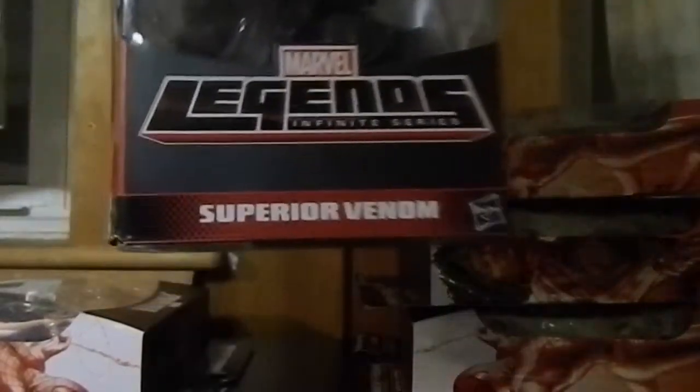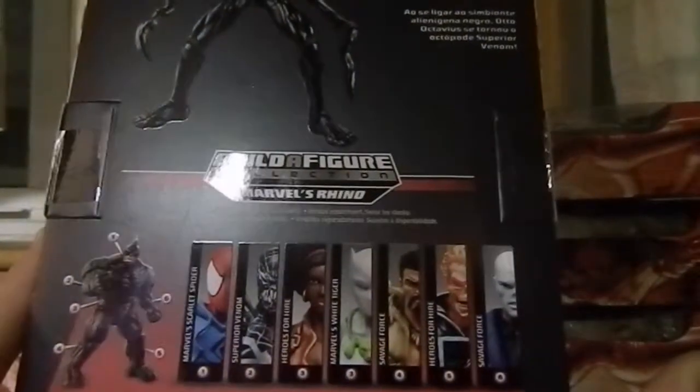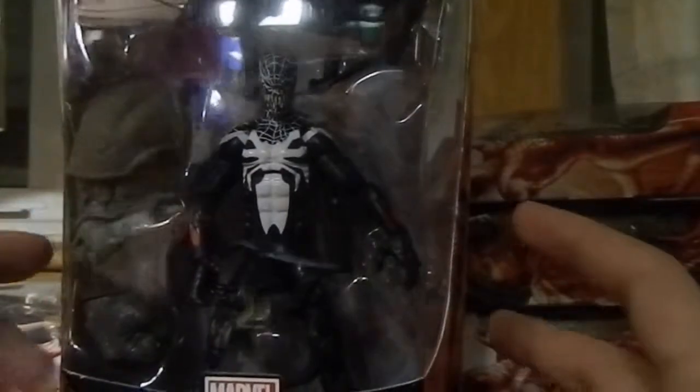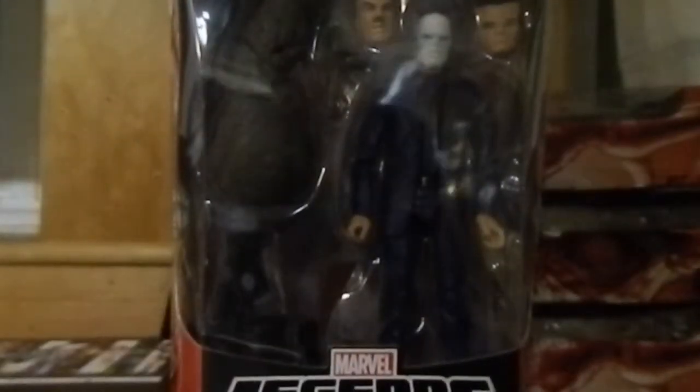Of course, we have Superior Venom. Don't know much about this Venom. All I know is it's Octavius with the Venom symbiote. And, I mean, who hasn't worn the Venom symbiote at this point? I mostly got it for the yarn, but it is a cool Venom figure. I think my favorite Venom is Eddie Brock, and then, ooh, snap, Agent Venom, which is, of course, Flash Thompson. One of my favorite figures from this wave,